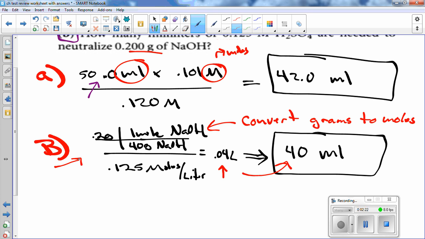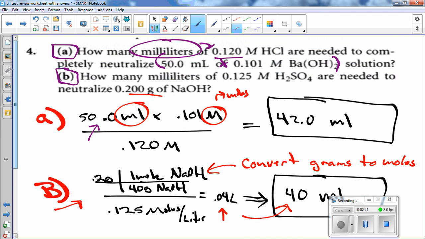This one's just good to get you thinking and realizing, hey, when I'm doing this, I'm just taking a mole, and I'm taking advantage of the fact here that my moles at equilibrium, or sorry, at neutral are the same. But it's moles on top, molarity on the bottom in both. All right, I hope that